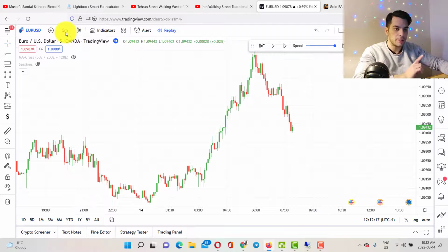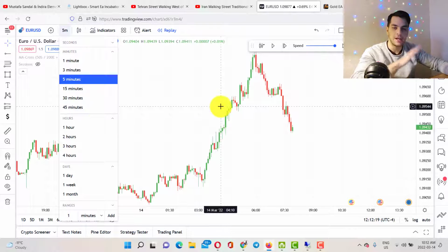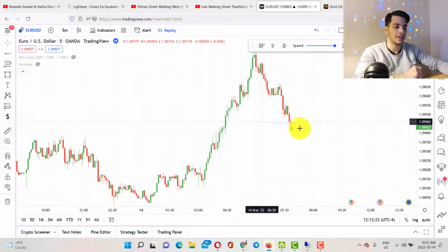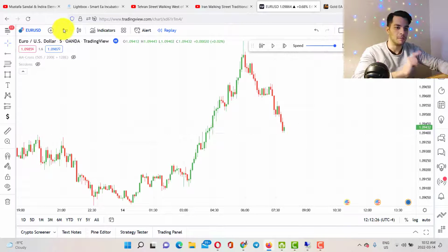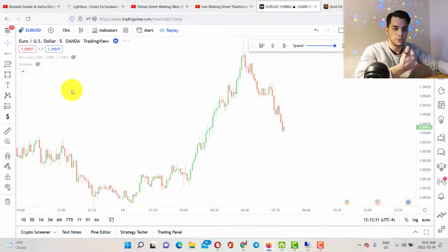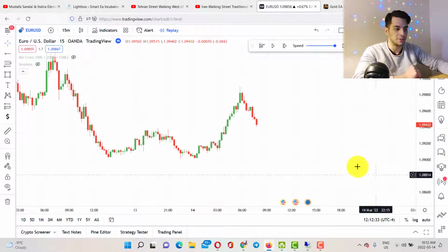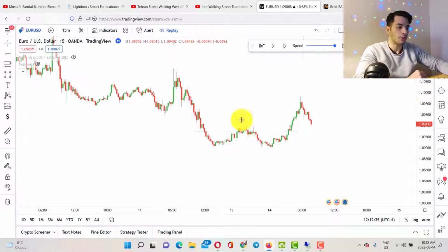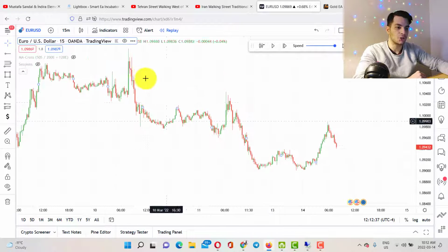So I'm on a 5-minute time frame, as you can see, and as you know, I'm a scalper. I want to get in and out of the market in 25 minutes, max 30 minutes, and I start with the 5-minute time frame all the time. But it's way better to do a top-down analysis. You can start from 1 hour and then do 15 minutes and then 5 minutes, so you can have a clear picture. So on a 15-minute time frame, as you can see, the trend is definitely bearish